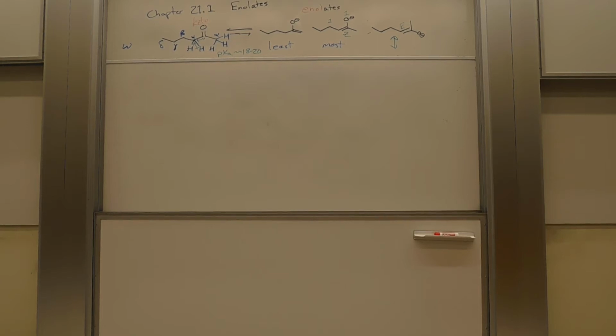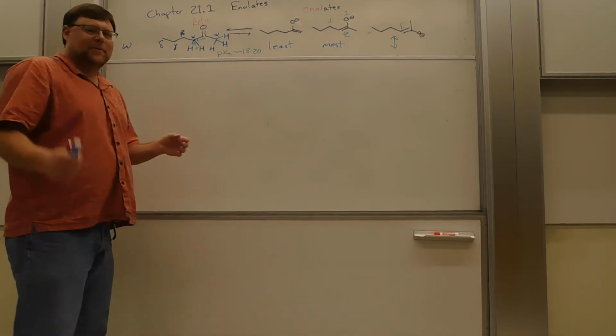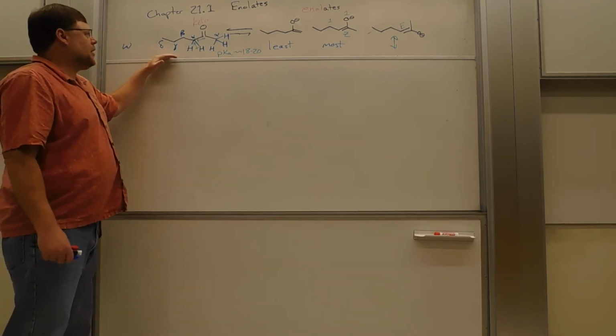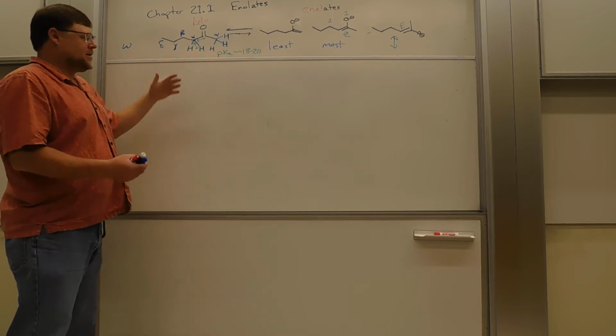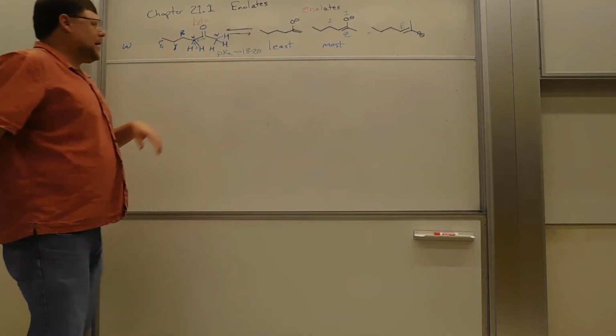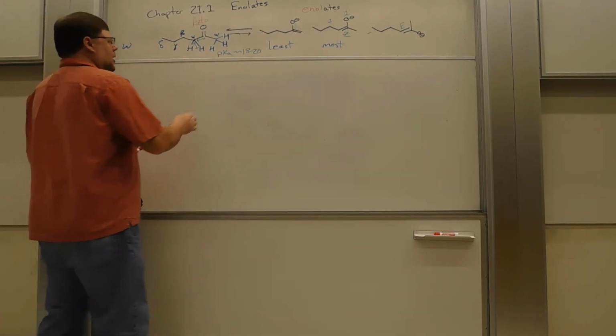All right, so this is an addendum to the enolate formation chapter, or video. I keep calling them chapters, I don't know why. So, as I said in the last video, the pKa of a single carbonyl compound is somewhere like 18 to 25, depending on